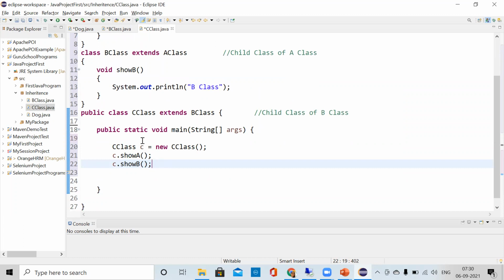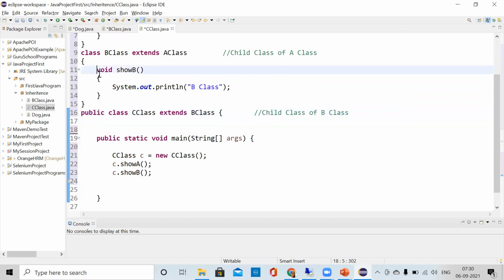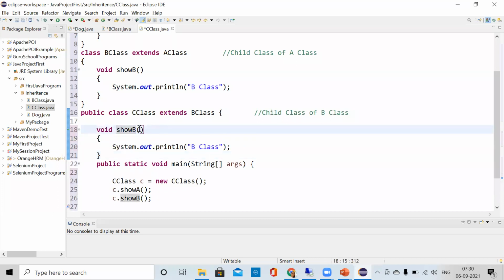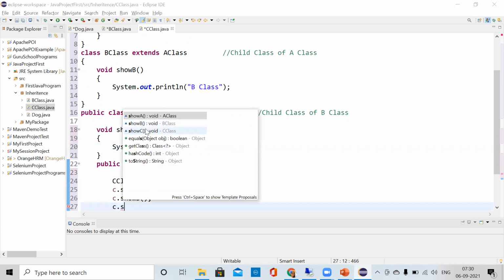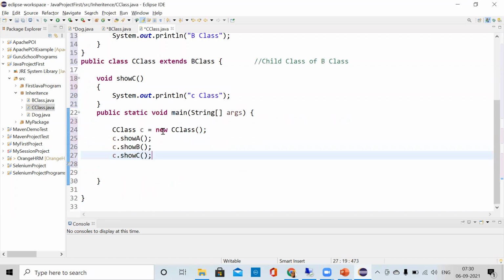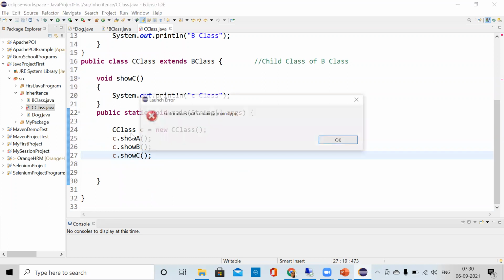Clear? Now C don't have a method. If C has its own method, suppose C. Okay, so C can call the C method also. Obviously, C dot show C method also. Clear? Okay, if I execute it,